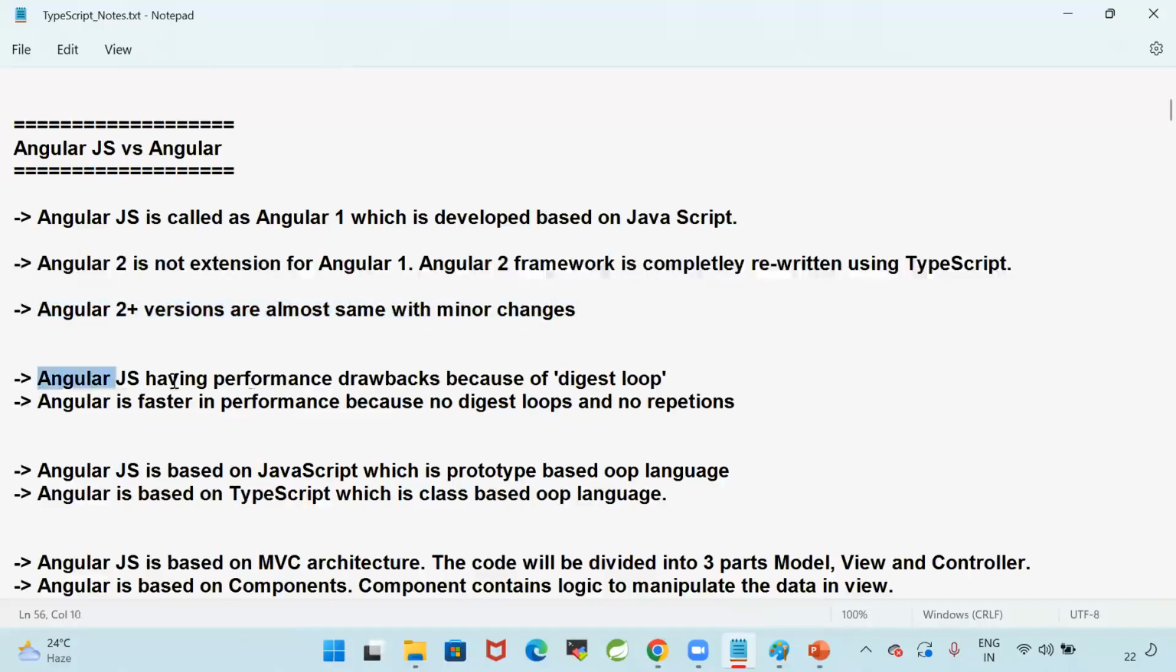Angular JS is having performance drawbacks because of digest loop. There is a concept called digest loop in the Angular JS. Angular is faster in performance because no digest loops and no repetitions. Digest loop concept introduced in the Angular JS. Because of that concept Angular JS became very slow, Google realized that performance of the Angular JS is not good. That's why they have rewritten the framework